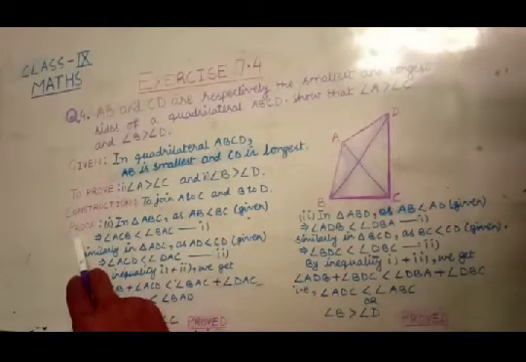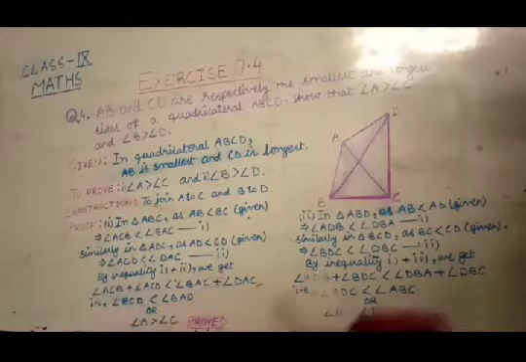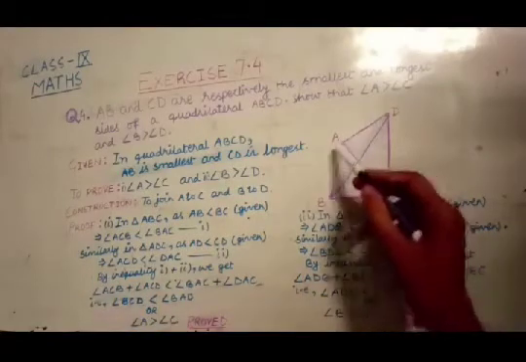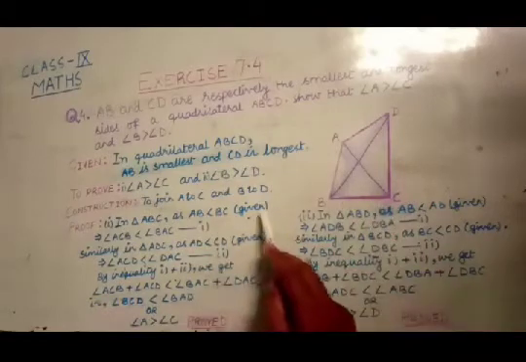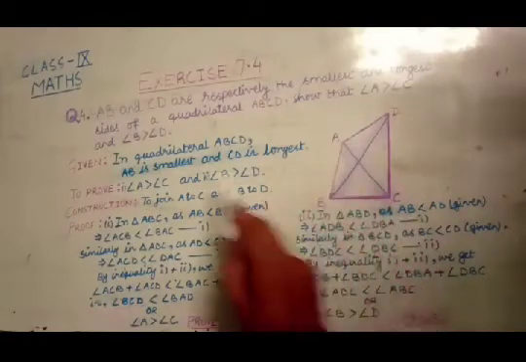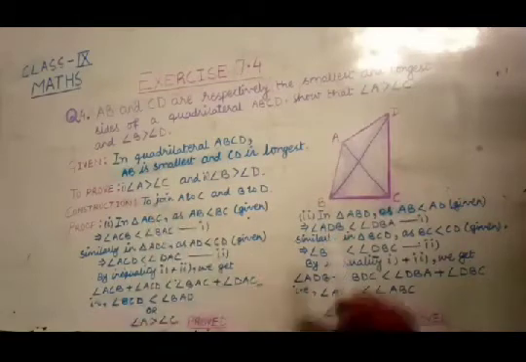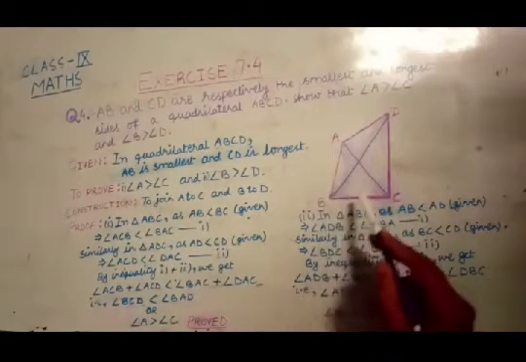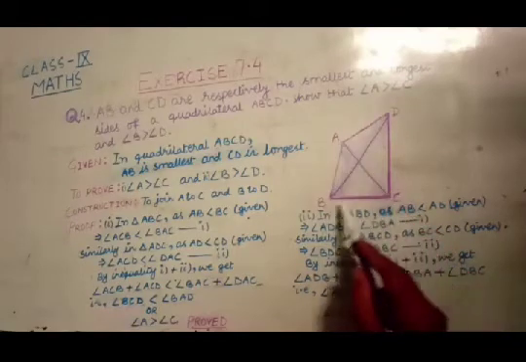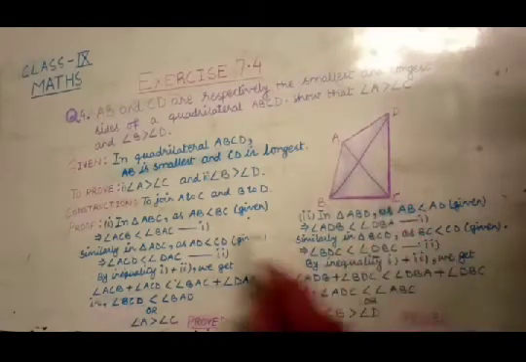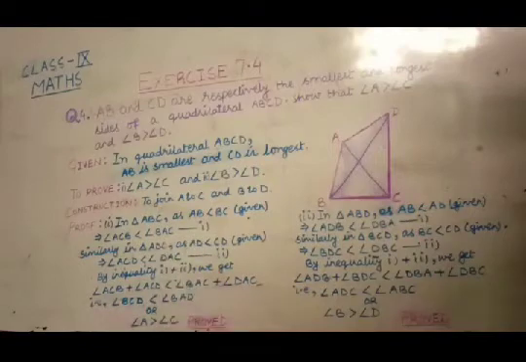Let's start with the proof of the first statement. Here we observe the triangle ABC in which AB is smaller than BC. This we are given because AB is the smallest side. That's why the angle opposite to this side is smaller than the angle opposite to this side. It means angle ACB is smaller than the angle BAC. Let this be the first inequality.